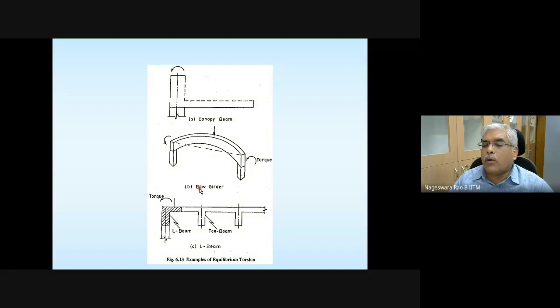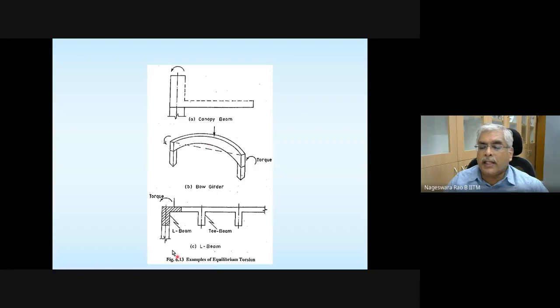It's written as bow girder, and it is supported here and here. It's also going to be subjected to torque, because this entire load is going to act eccentric with respect to the centroid of these supports. Okay, so it's also going to result in torque, which is arising because of equilibrium.